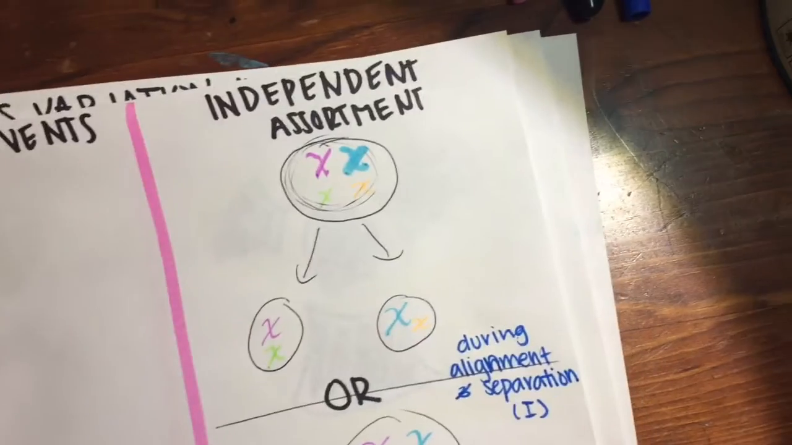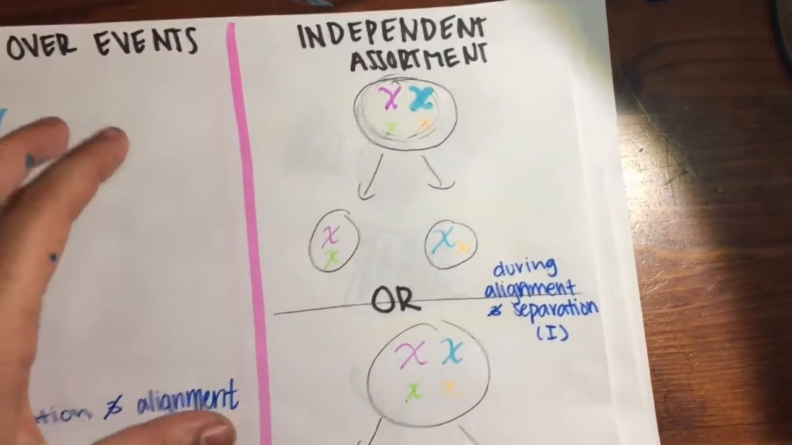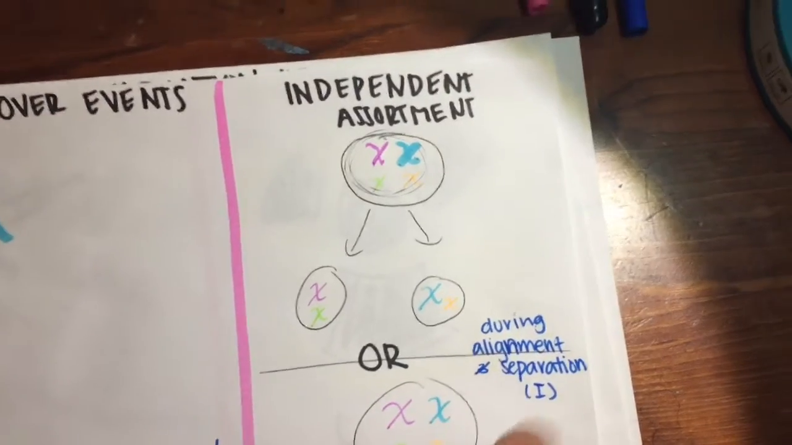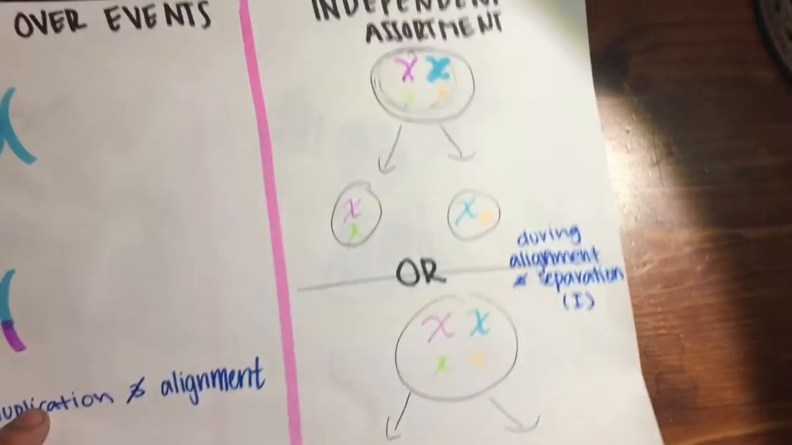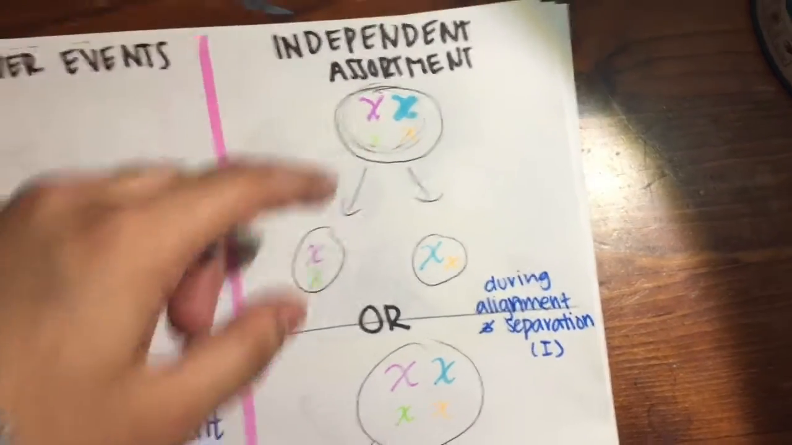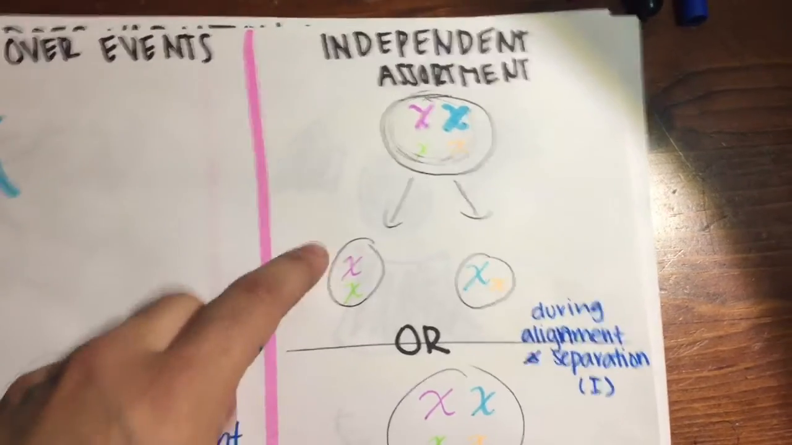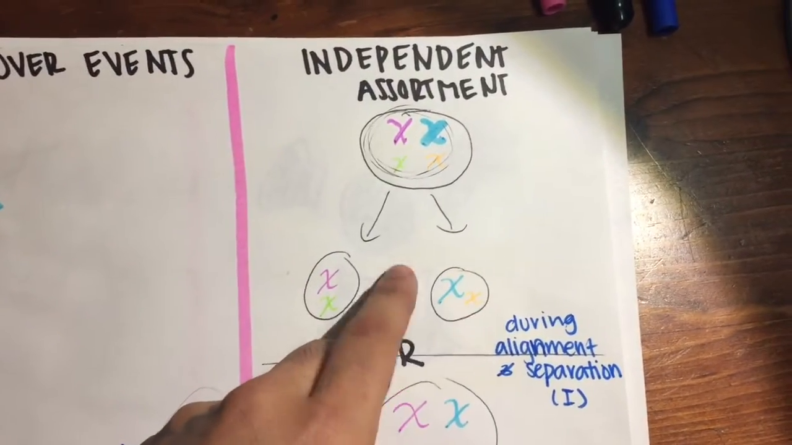Another way of getting at variation is independent assortment. Independent assortment happens during alignment and separation 1 of meiosis. Basically, independent assortment means that the chromosomes can arrange themselves in any way they want. Here we can see that the purple and green are paired up, and the blue and orange are paired up,